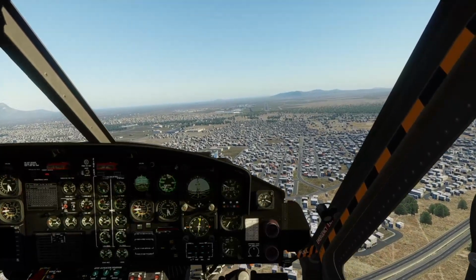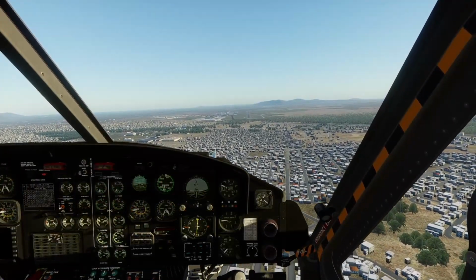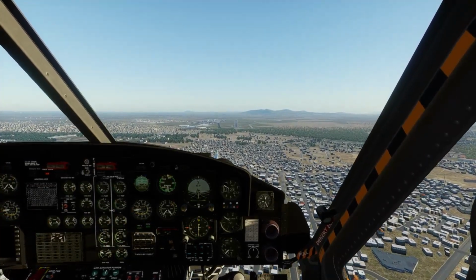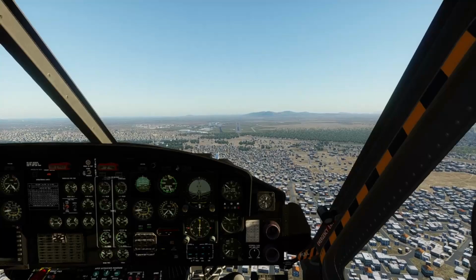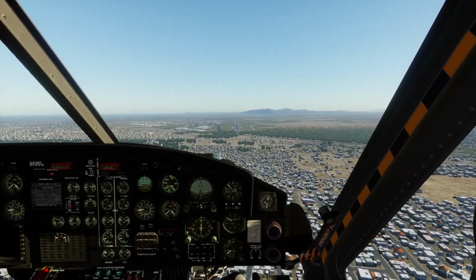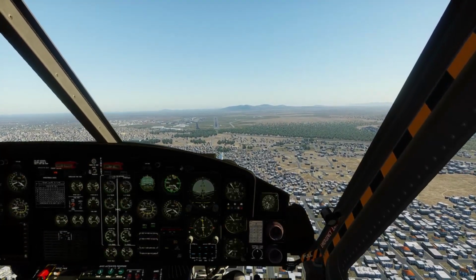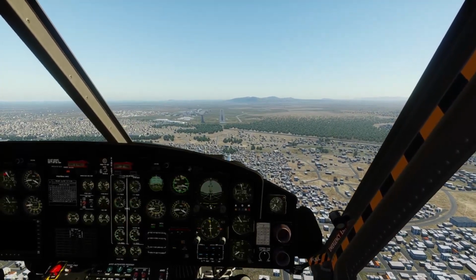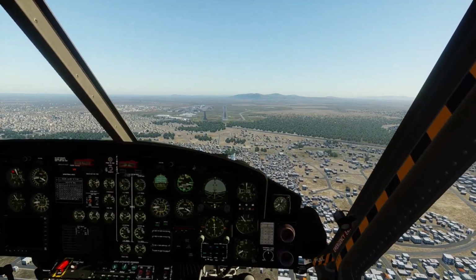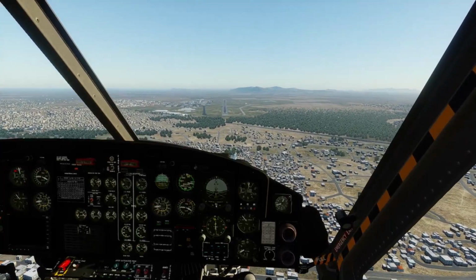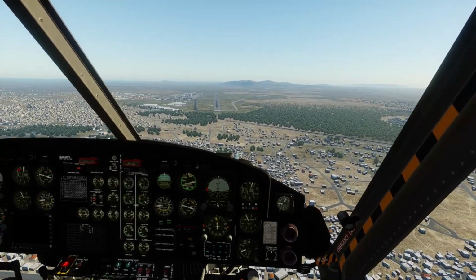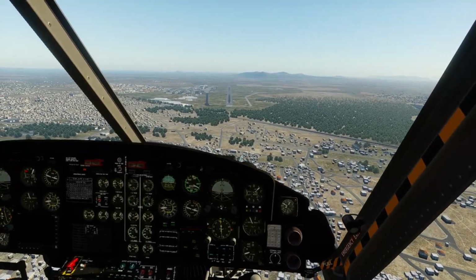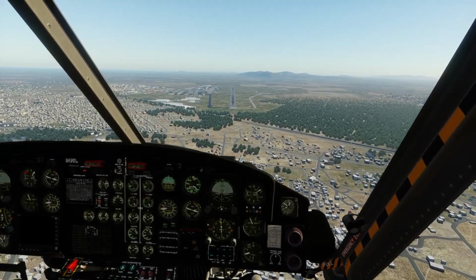I initiate a climb. So I'm executing the missed approach, and I'm reporting missed. I climb, put back some power, and because I disengaged the autopilot and now I'm established in a climb, I just need to take care of the airspeed before engaging the autopilot. So here we are,